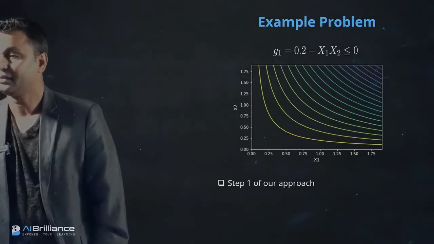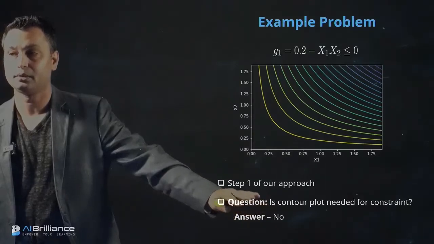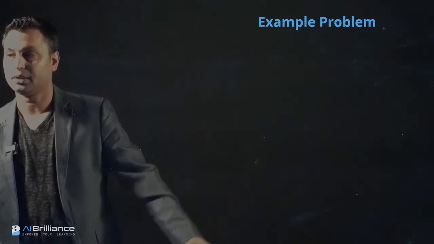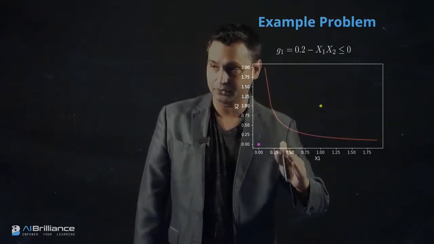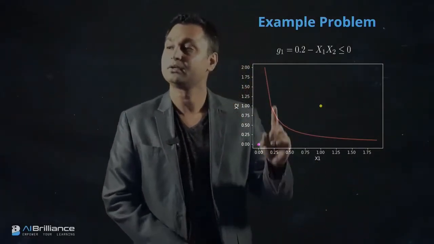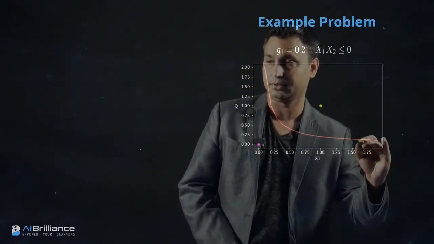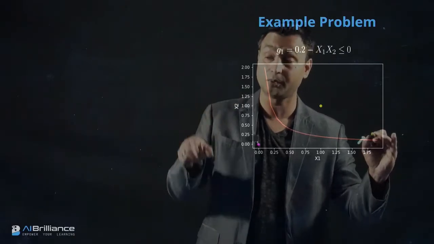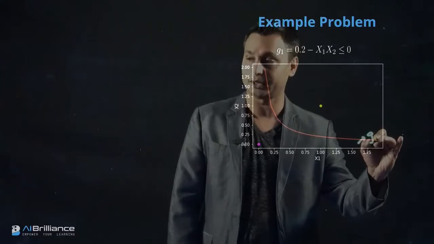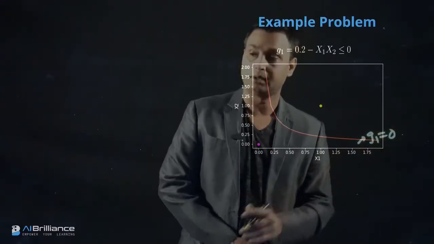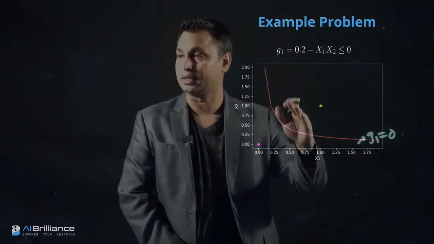Okay, so that's step one of the approach. Again, if we don't want to have a contour plot, we need to have only just a single boundary. If I go ahead and do that, then this will be the contour that I want to plot. Here is only one contour where G1 is equal to 0. So this red line that you see here is the single thing that we want to plot for an inequality constraint. If it was an objective function, then we should do more contours. But here we are interested in G1 equal to 0, and this red line defines the boundary.